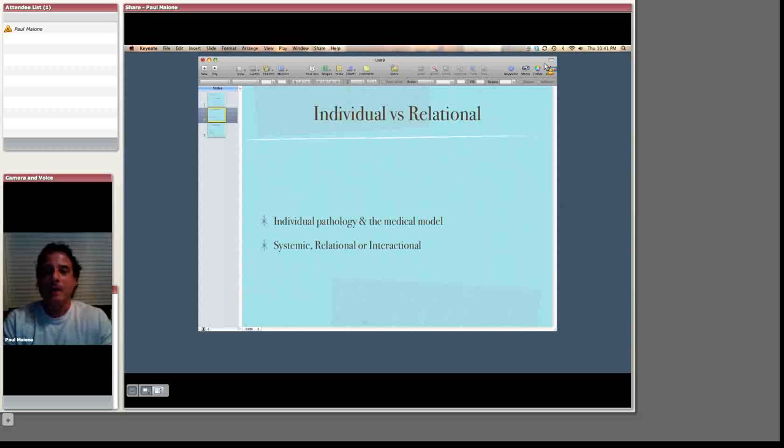These are all approaches that we can trace their roots back to systems ideas and how, again, if you look at people in isolation, you'll see individual pathology. If you look at them in context, that so-called symptom is just one piece of the interaction. So even in a situation where a young woman is diagnosed with anorexia, if you look at that behavior in context, you'll see a pattern, and I'll make one up now.